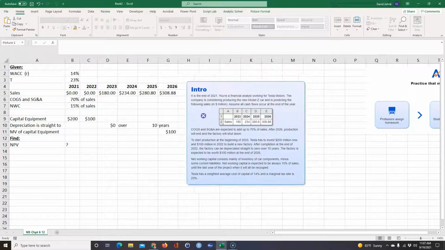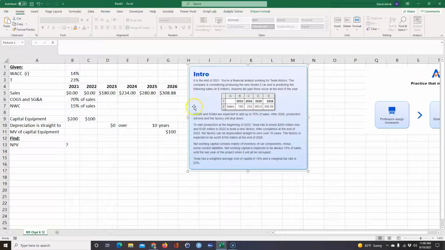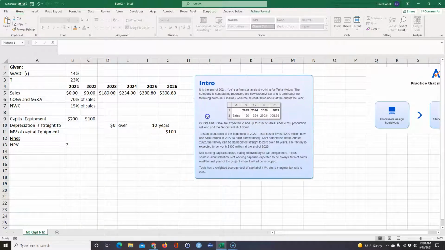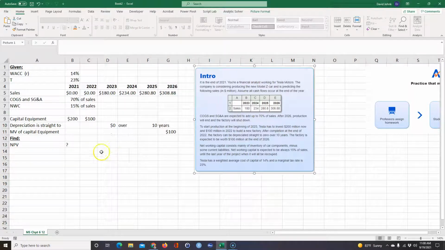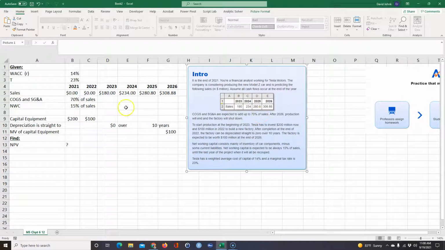This is the problem I got out of the book, or out of ASEPI, and I had assigned it to my students, and they were having a little bit of problem, and I understand why, because you have to make some assumptions that aren't necessarily clear in this intro. But anyway, to save time, you can pause the video and read this and see how I set it up over here. I'm not going to explain that. That's pretty simple. You can look at this and see how I set it up. All right, and after you pause the video and look at that, then we can go ahead and